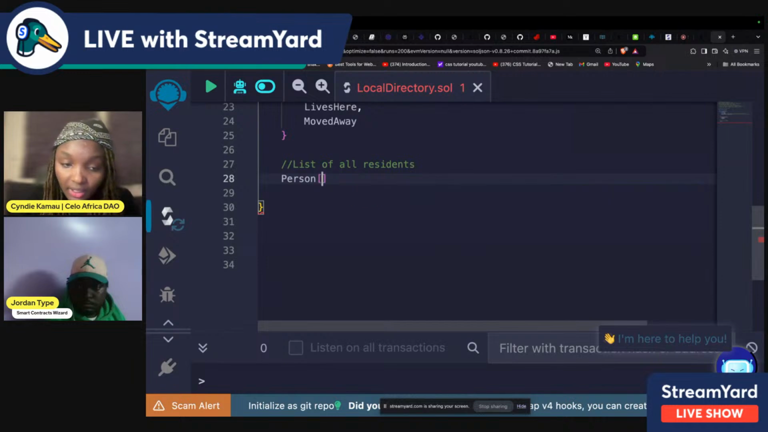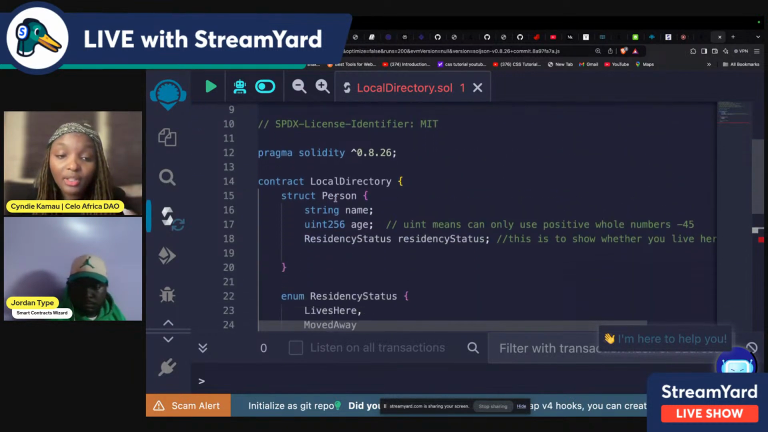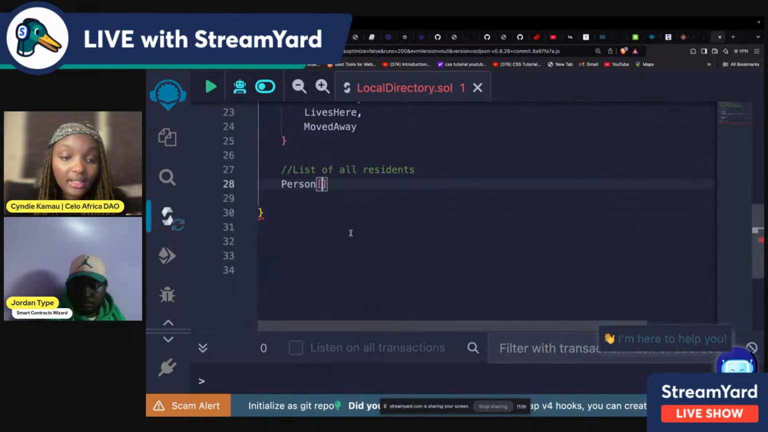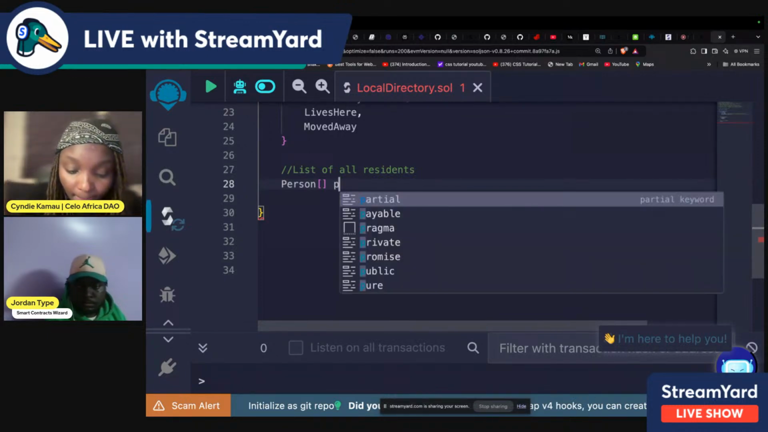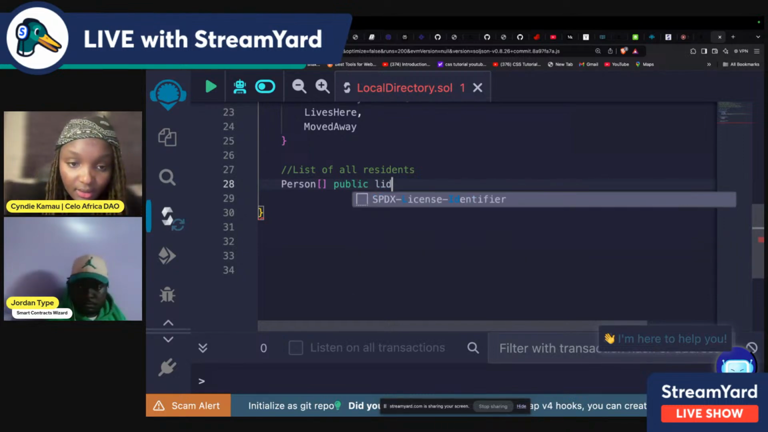So that's why we're going to initialize an empty array of a person, because a person is holding all the data, right? So once we do that, there's something else I'm going to introduce, which is called visibility in Solidity. I'm going to make it public. I'm going to talk about this in a bit, and then I'm going to say this is the list